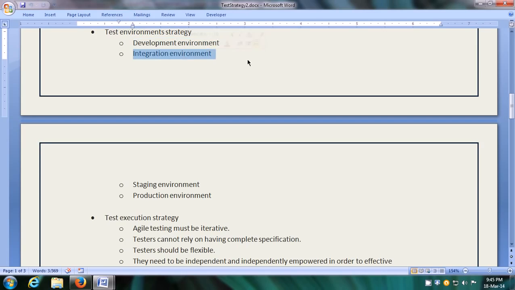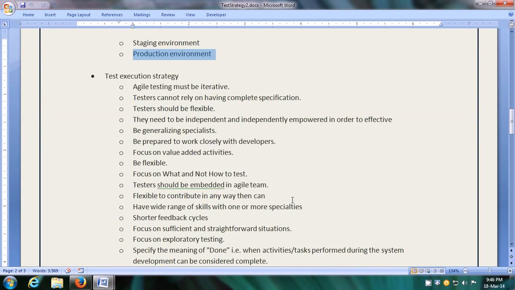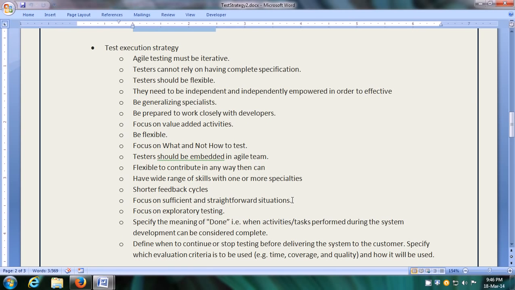The integration environment will be used for unit, functional, and acceptance testing, also static code analysis, also continuous integration. Then the staging environment will be used for exploratory testing and automated testing, and the production environment will be used for production verification testing.